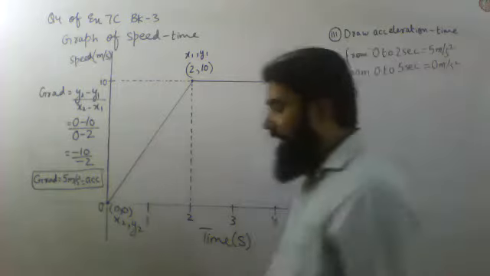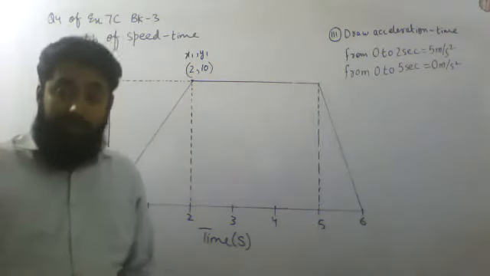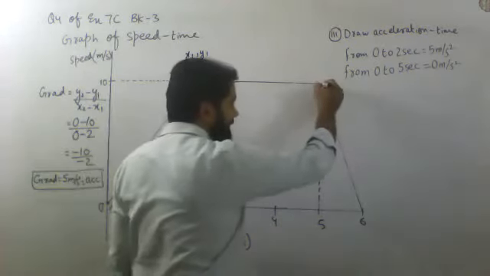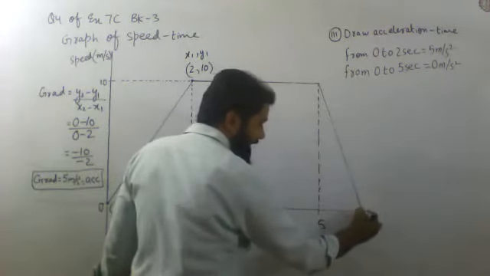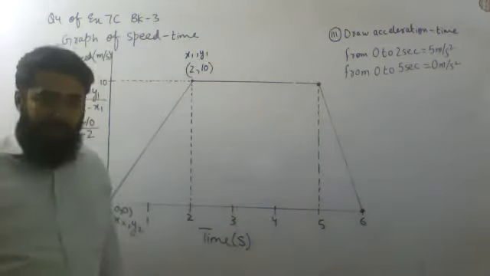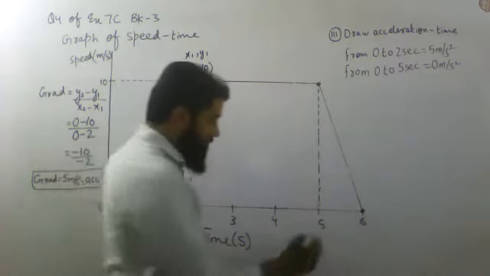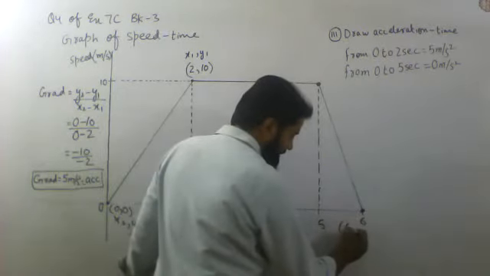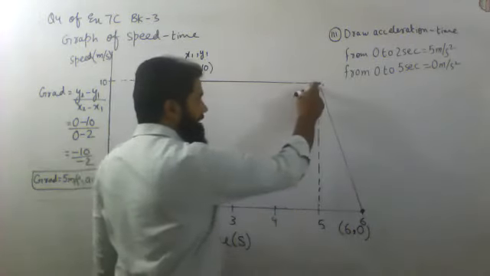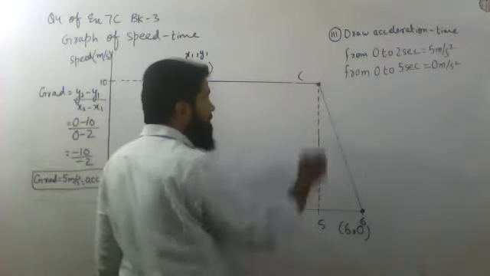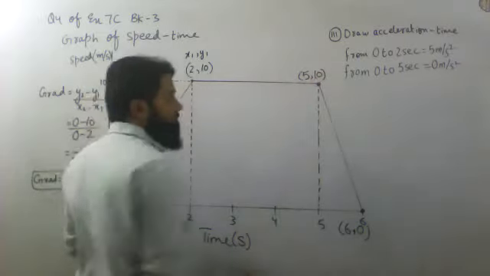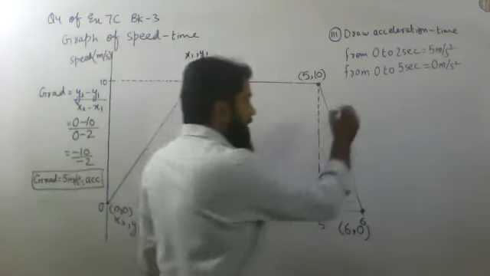I have told you that whenever we have to find acceleration, it means that I have to find the gradient of that line. So I have to find the gradient of this line. In order to find the gradient, I should have 2 points which I can plot in gradient. So this one is coming 6, 0. And this point is coming 5, 10. Okay. Gradient